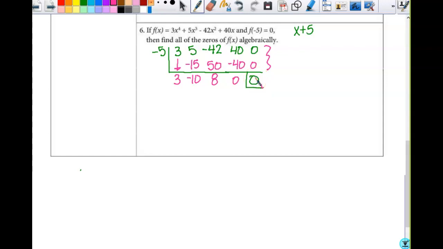So then what I know now that I have this is f of x equals, one of the factors is x plus 5. Then this has 4 terms, so it's a cubic. So this would be 3x cubed minus 10x squared plus 8x. Okay, so